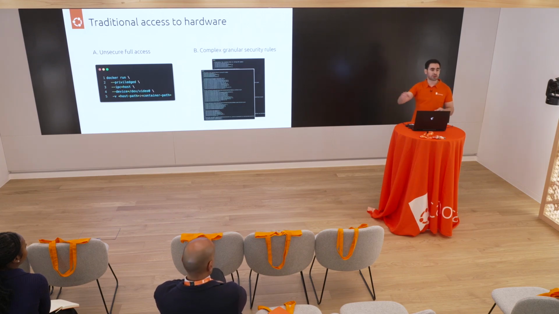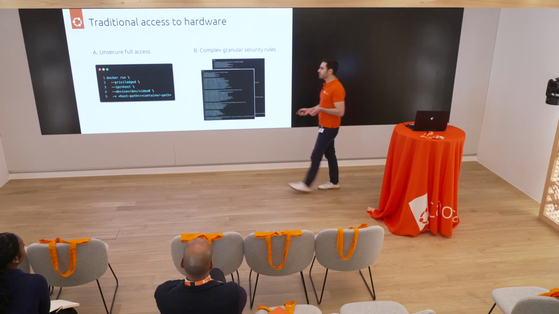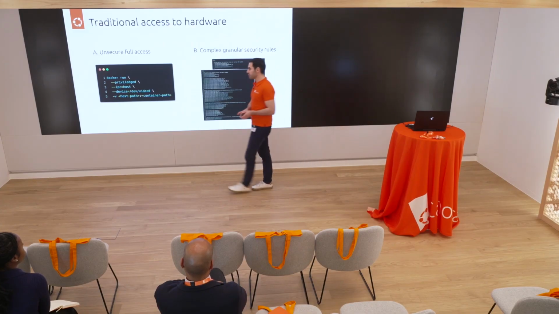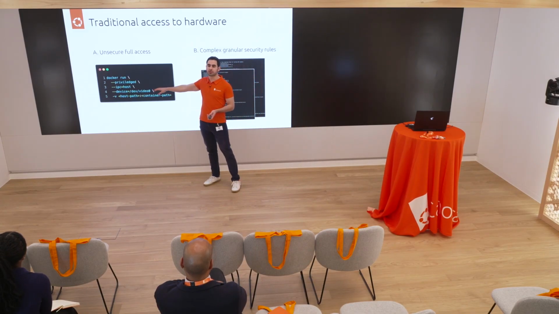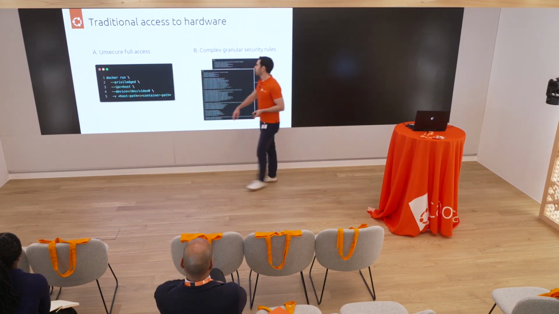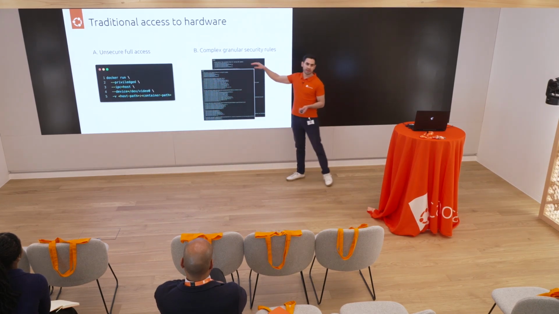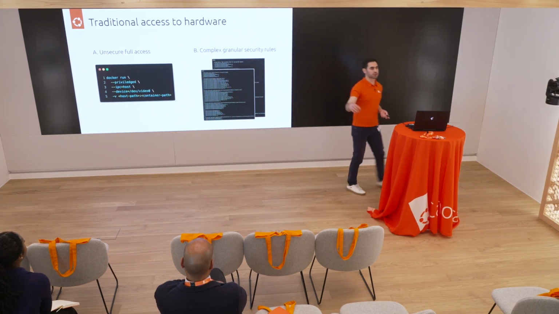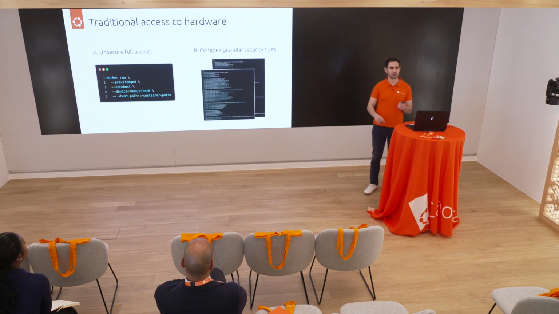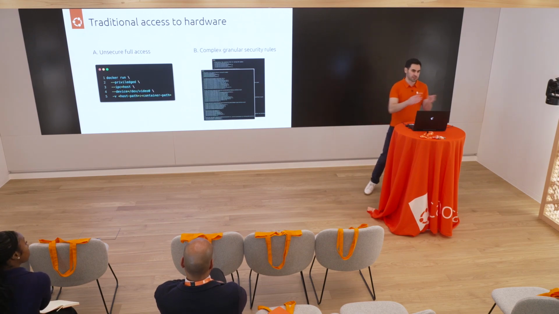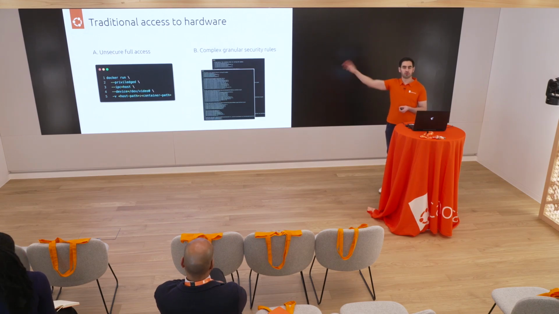And people that have some Docker experience, please tell me, which is the option that you normally go? Do you give your Docker container privileged access to the host system? Or do you start going one by one and giving granular security access to your Docker to only the specific things, the GPIO pin, for instance, or the home directory or the network? What option do you normally do? Full privilege, or you start writing up your rules?